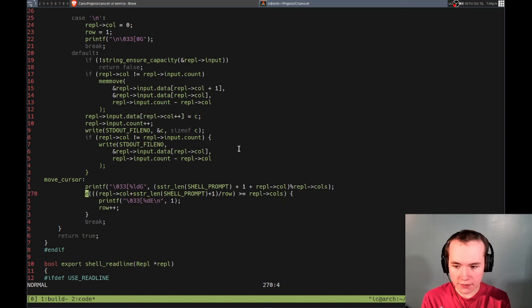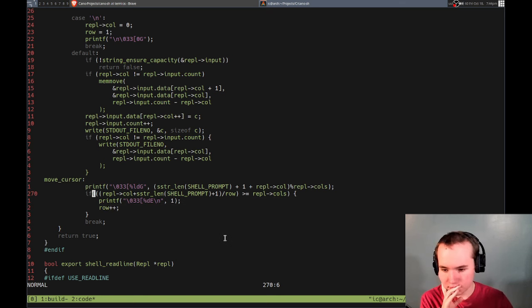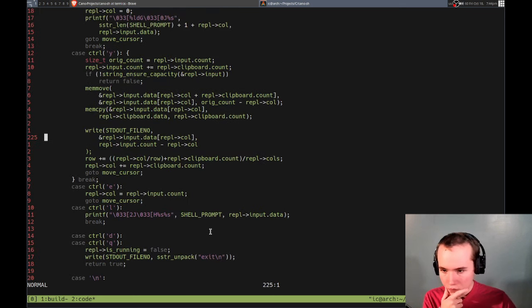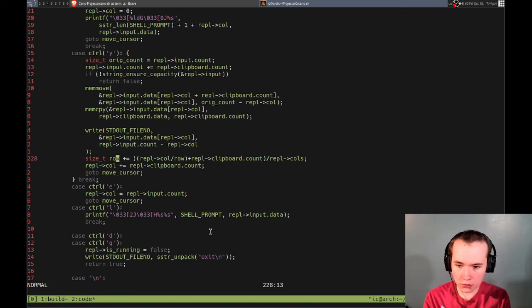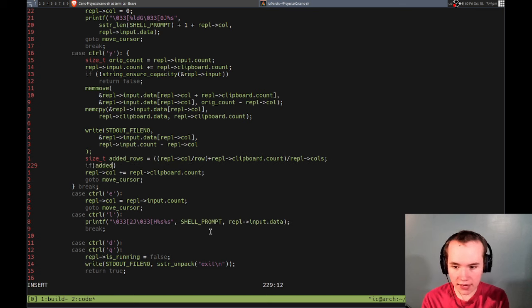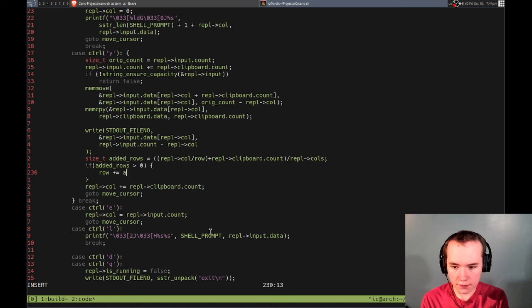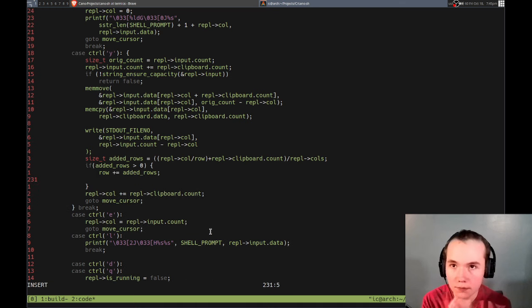But if it's too many, it's going to fail, right? Because we don't call to this. And then we don't print out the new line, right? We do row added row equals that, and then if added rows is greater than 0, then we just print a new line, right? Really string to, well, that, and then just